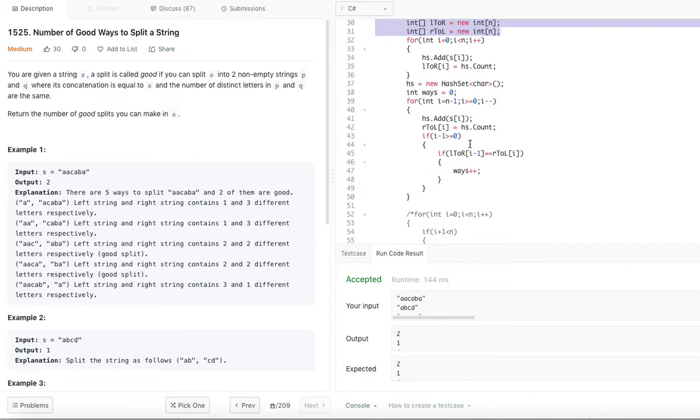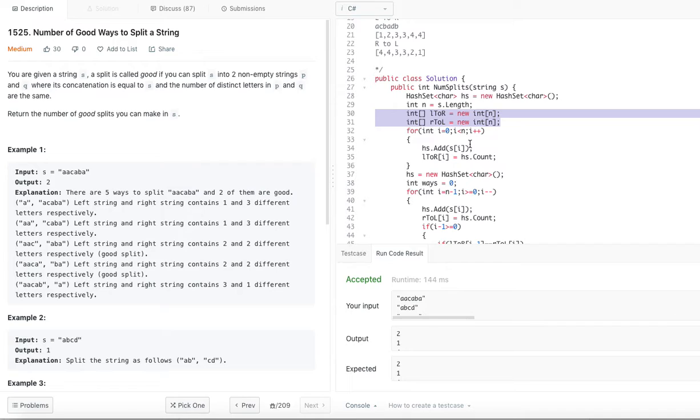Now for int i equal to 0, i less than n, we keep adding the characters to the hash set, and however many characters we have accumulated, we put that count into the L to R array, that is the left to right array.